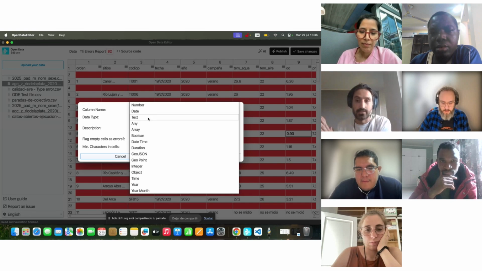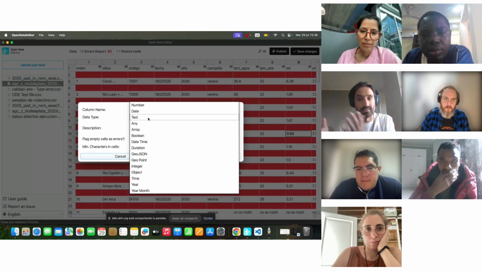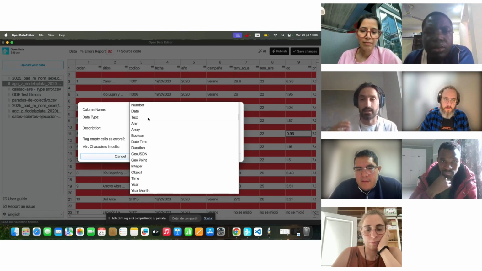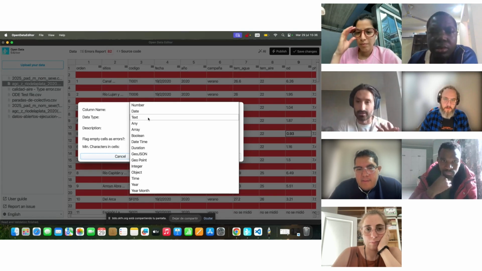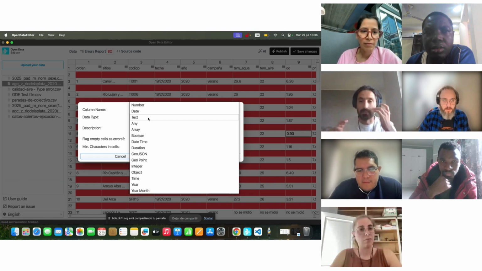And the second challenge is to define what is an error. In the case that Romina mentioned, an empty cell, is that an error or not? That depends on the context of the person that creates the dataset. In some contexts, an empty cell or a no value is an error. In others, no. So that's why sometimes the application can detect something as an error and other times cannot. If you are thinking, this should have been flagged as an error, but it didn't,